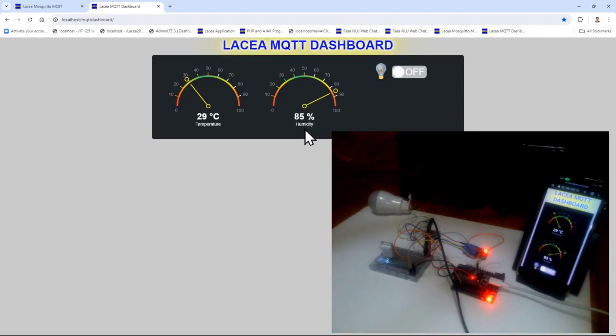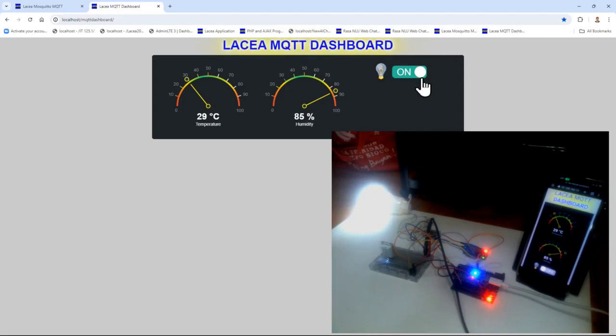Now let us turn on the LED bulb using this dashboard that I opened in my laptop using this Chrome web browser. So if I switch on that switch, it will turn on the LED bulb.